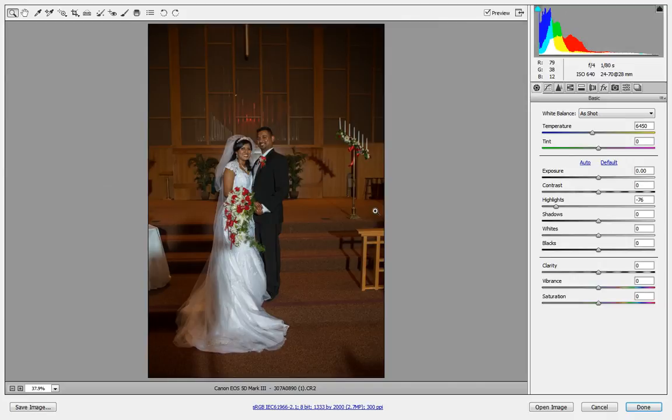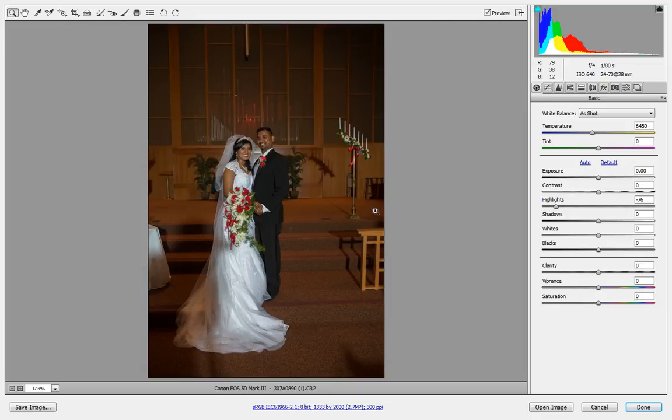This is a short video tutorial to show how I would correct shadows that are on the bride's dress because a bystander stood in front of the photographer's auxiliary light and cast their shadow on the bride's dress. First of all, as we open up this raw file in Adobe Camera Raw, this is the main panel,